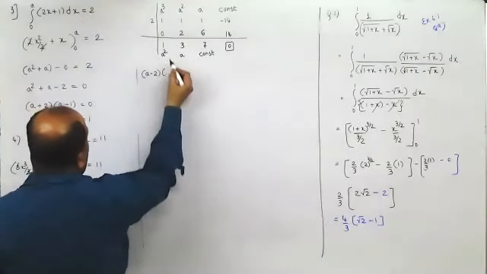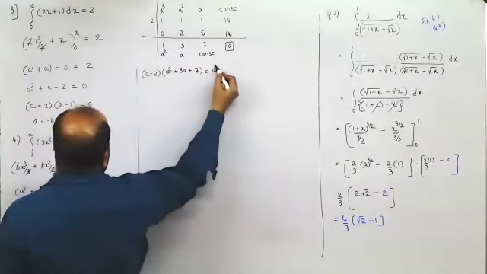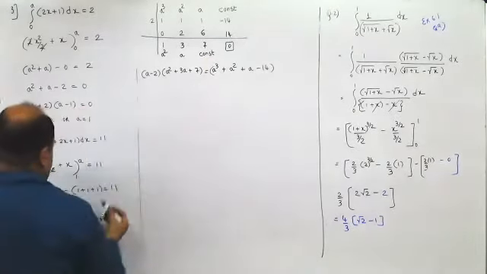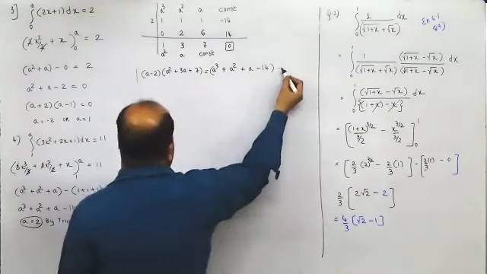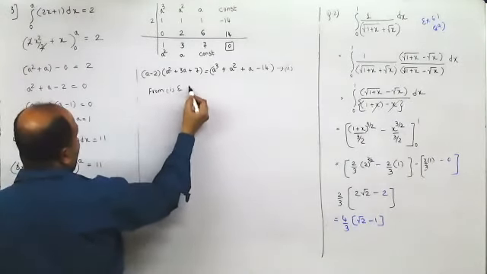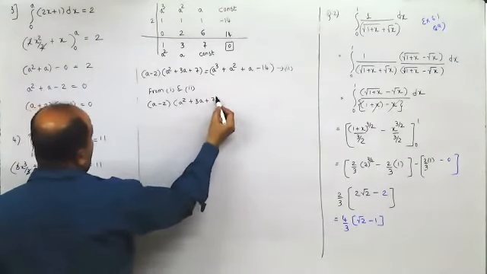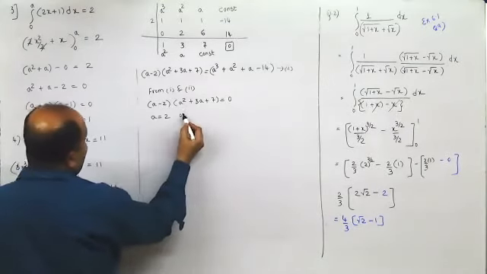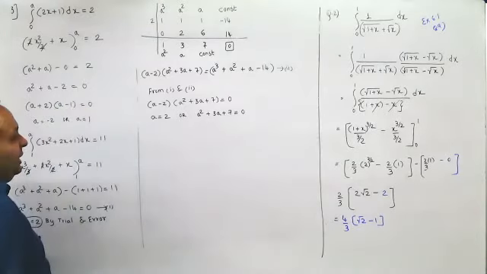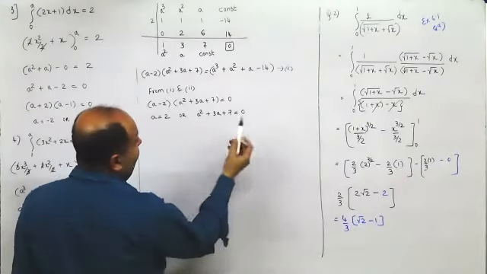Now, this would give you a minus 2 into a square plus 3a plus 7 is equal to a cube plus a square plus a minus 14. Now, this is equal to 0. So, from 1 and 2, I can say a minus 2 into a square plus 3a plus 7 is 0. Now, if you observe, a is 2 or a square plus 3a plus 7 is 0. But here, if you observe it carefully, you will realize that you cannot find the factors directly. Now, if you find the discriminant, you will find it is complex.